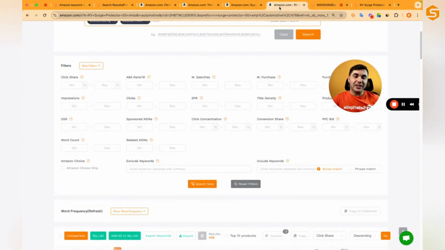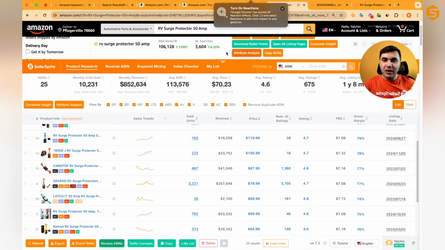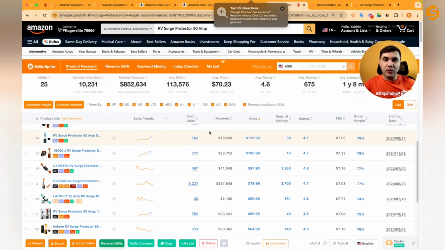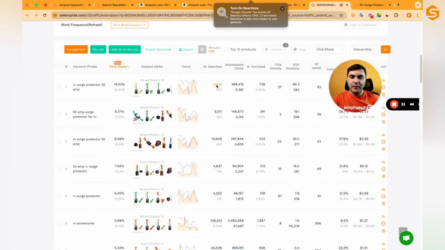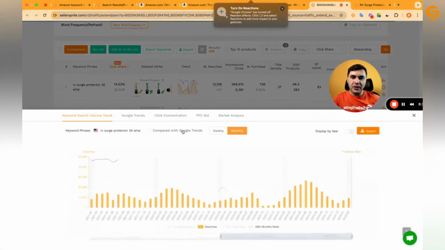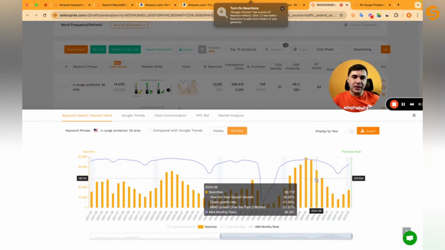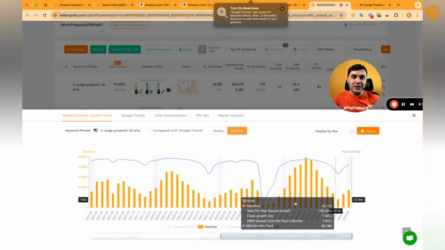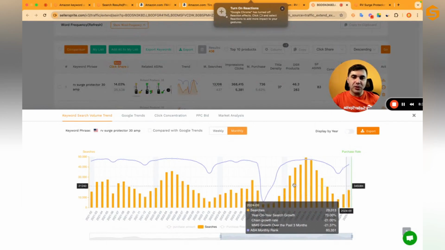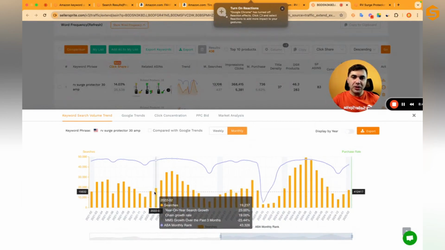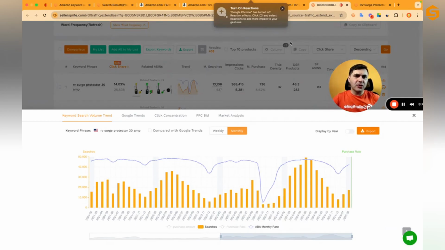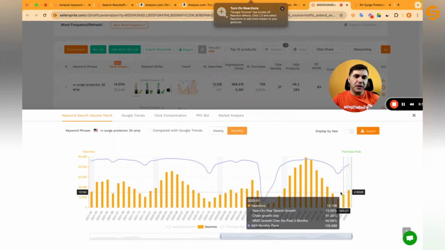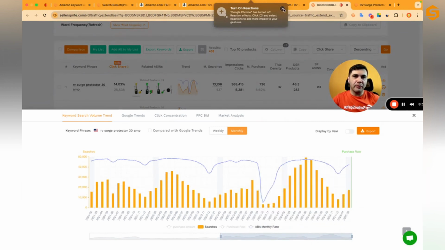This is not a crazy big market, big category. Maybe it's growing. I just want to see keyword search volume, how it's changing over time. Monthly. Yeah, it's a little bit seasonal. And now it's down season. After some time, after March, it's going to increase. You see from here also, March, February, it's increasing. Now it's less downside, but there will be a market keyword search volume twice as big in the coming